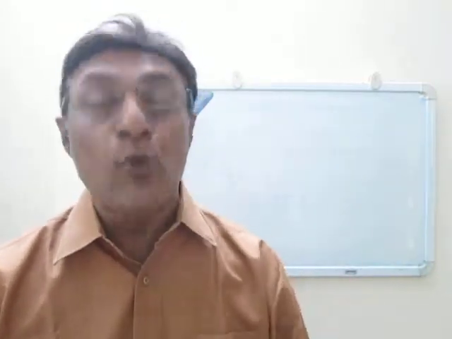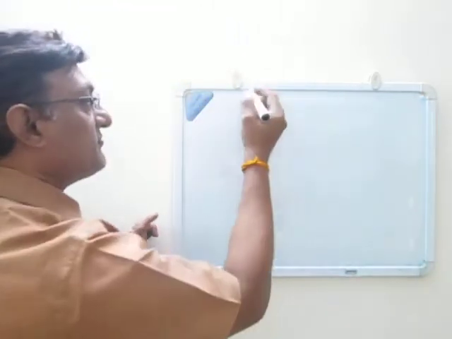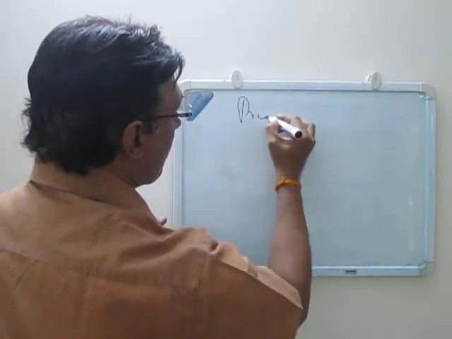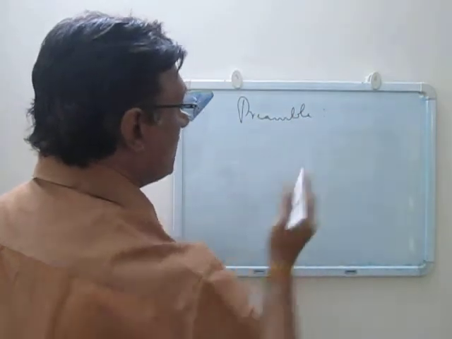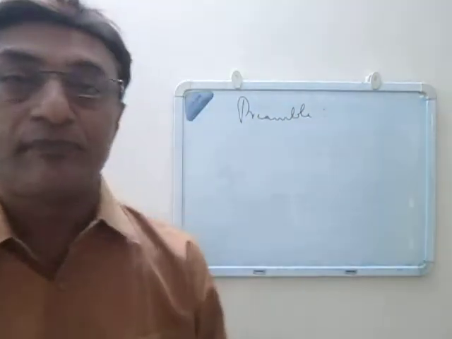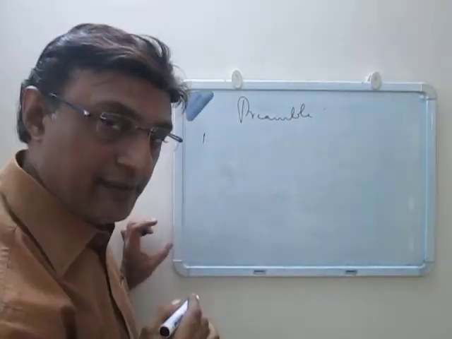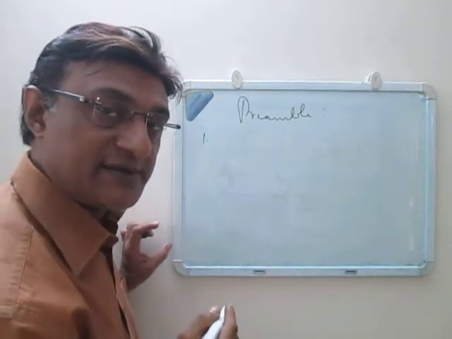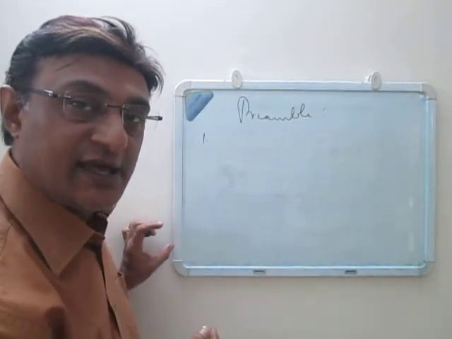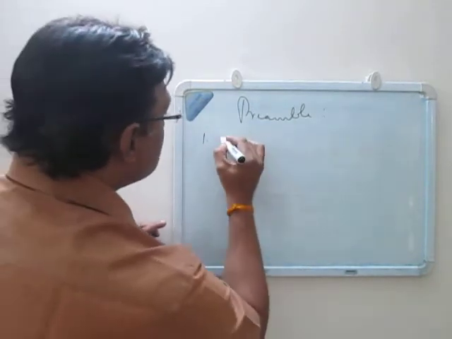What does the preamble do? What is the preamble to the Income Tax Act? The preamble, we have seen, is the introductory part of the act, laying out the statement of purpose. Why the act? The preamble to the Income Tax Act of 1961 lays down 3 objectives. The purpose of the Income Tax Act is to, number 1, as expected, as is the case, mobilization of revenue